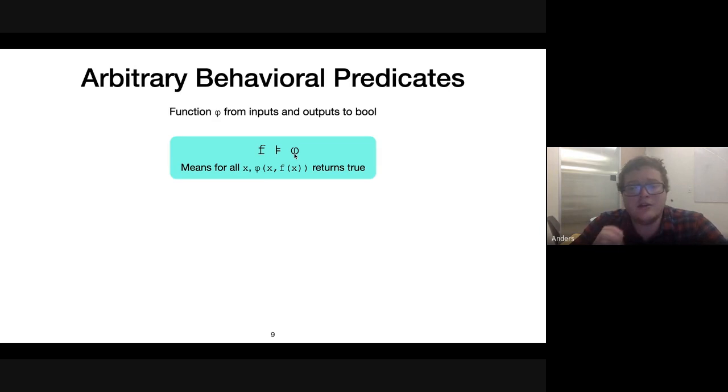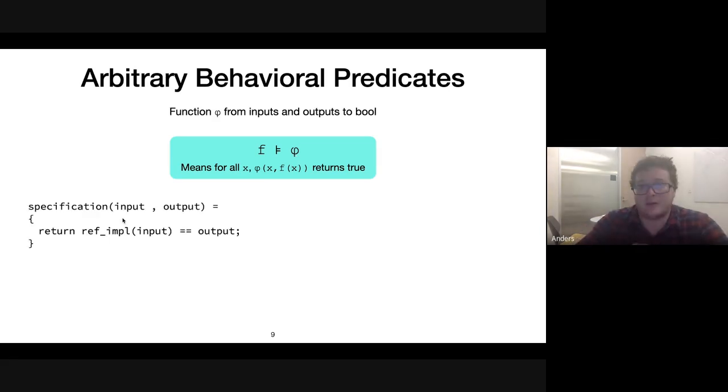And then you can give more and more restrictions. Let me give one example. Let's say I'm writing a specification on input and output, and I say the reference implementation on the input should equal the output. This is a much tighter specification than true. It's actually kind of the tightest specification you can write in this form that has a satisfying assignment. Essentially, all Fs that are accepted for this specification are semantically equivalent to ref of input.